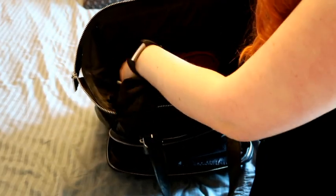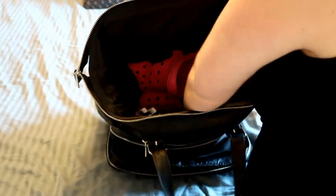But for now, this is actually the only nursing top that I have. I think I just wore out the ones that I used with the other kids, so I threw them out, I guess, after I stopped nursing Theo. So I don't have any others, and I'm bringing it in case I want it. But I do think that I'm not gonna be in a top a lot. Probably if I want to go downstairs to the hospital restaurant, I might want to put something on,